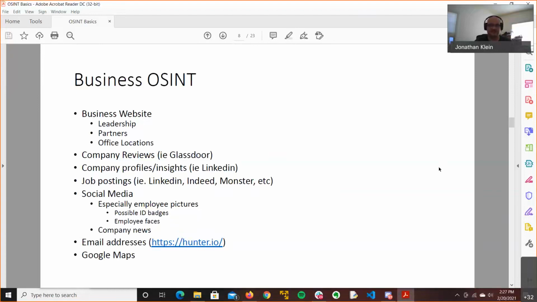You can also check, if you're doing penetration testing, whether they show any possible ID badges. You'd be surprised, it happens all the time where they do a company photo and right around the belt line